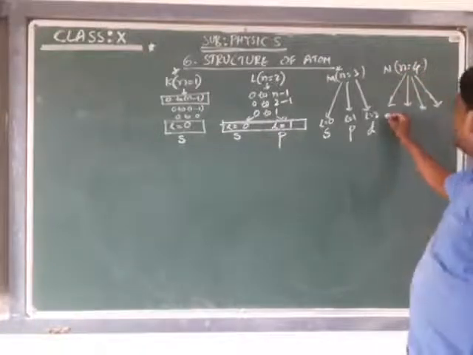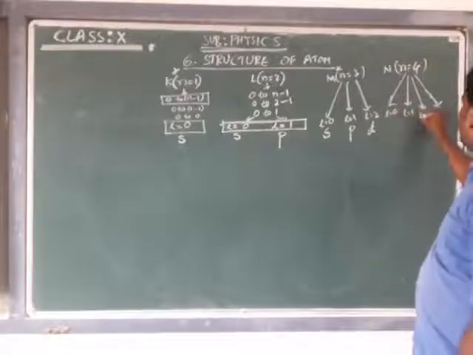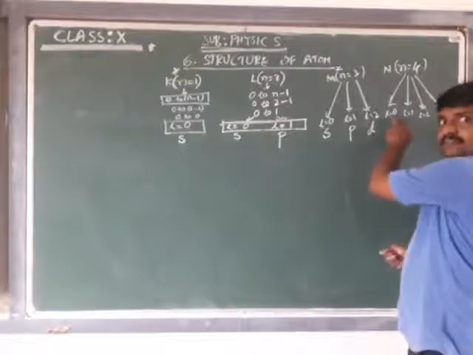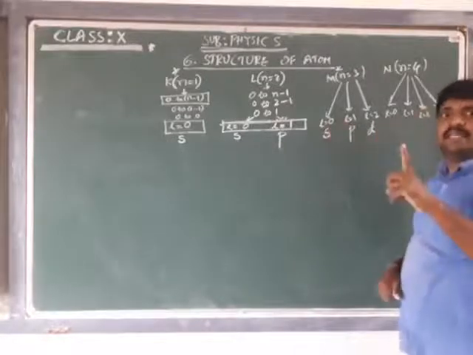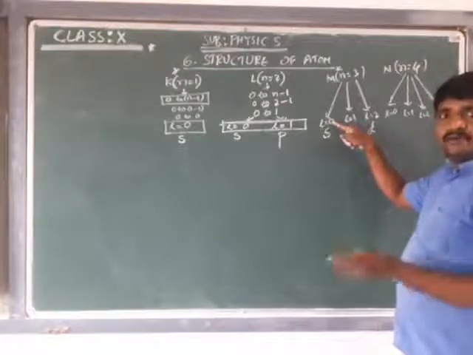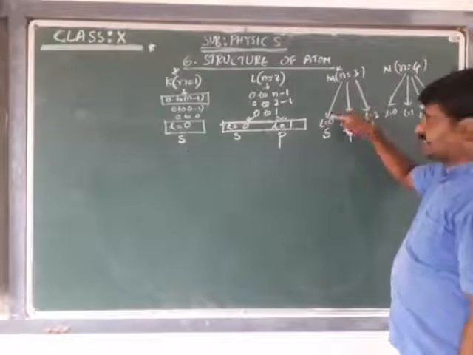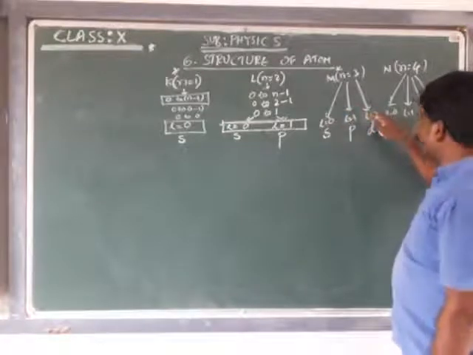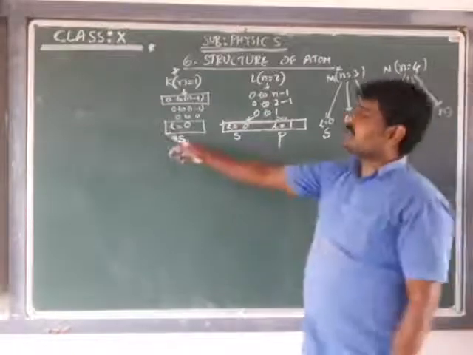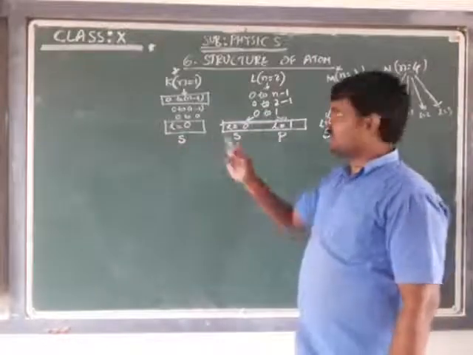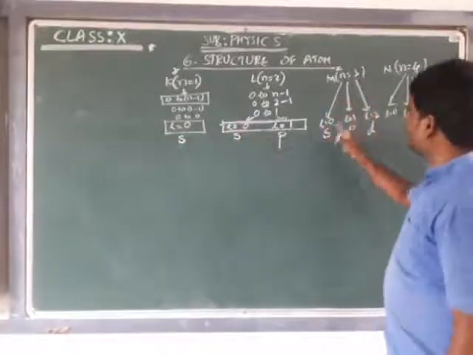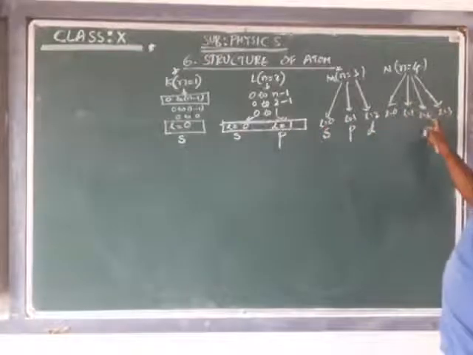4. That is L is equal to 0, L is equal to 1, L is equal to 2, L is equal to 3. Keep in mind that subshells start from 0. L is equal to 0 is 1 subshell, referred to by the angular momentum quantum number L is equal to 0. If L is equal to 1, 2 subshells; L is equal to 2, 3 subshells. Keep in mind, the angular momentum quantum number does not start from 1, it starts with 0. 0 is 1 subshell, 0, 1 is 2 subshells, 0, 1, 2 is 3 subshells, 0, 1, 2, 3 is 4 subshells.